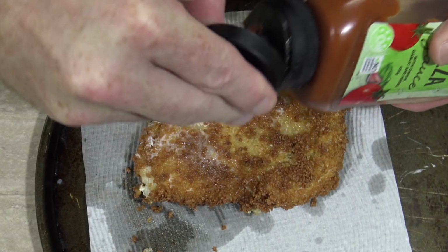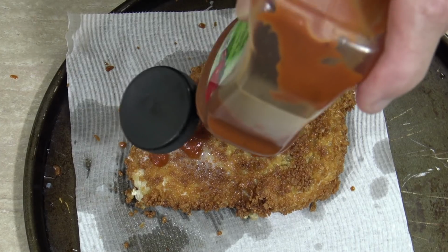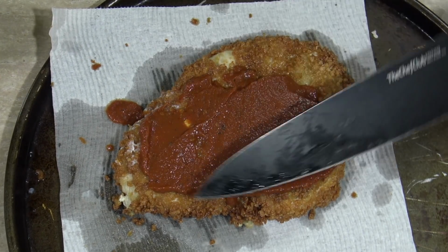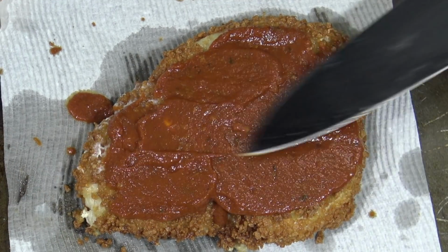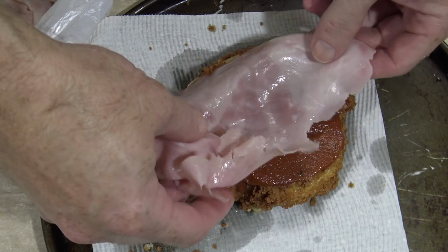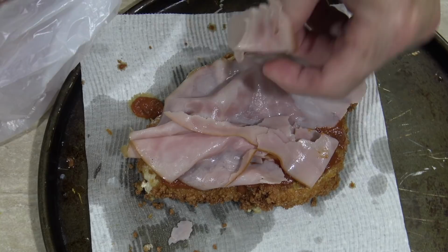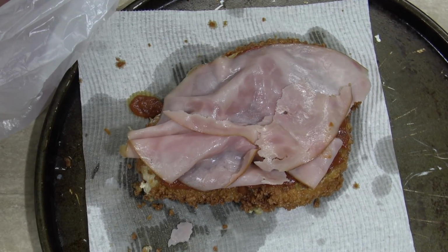And now it's time to start getting this ready. So we've got the pizza sauce here. I just spray it everywhere. It's all right. So put some of that on, spread it out. That's gluten-free too, you know, FYI. And now we get the ham, also gluten-free. Well, I certainly hope it is. Pigs do eat wheat, so, interesting. We'll have to find out about that. Get the ham on there, and now we just